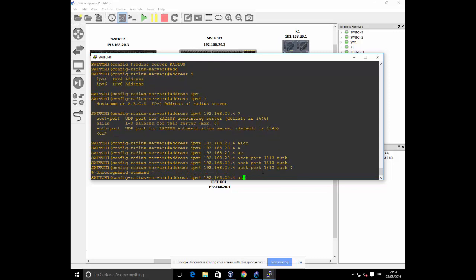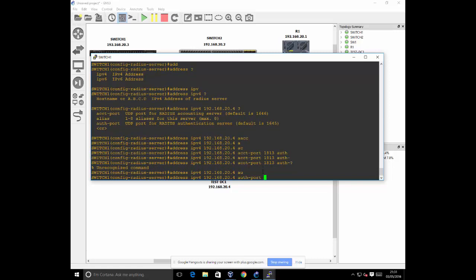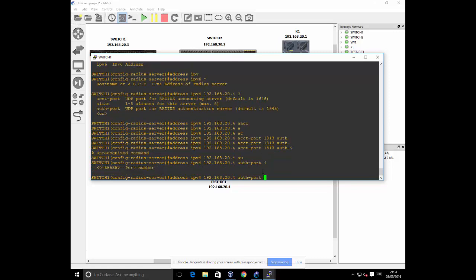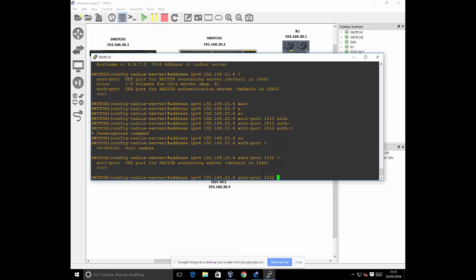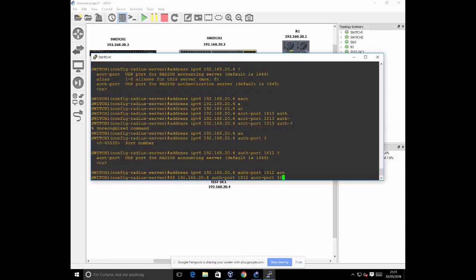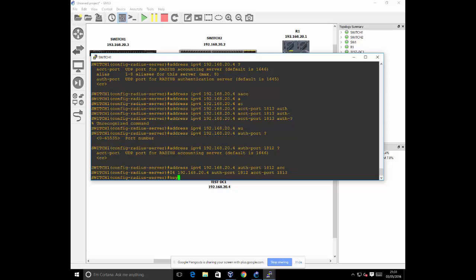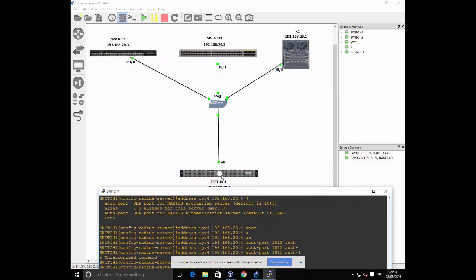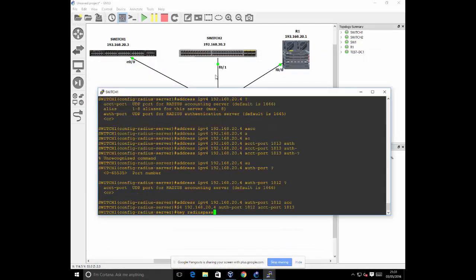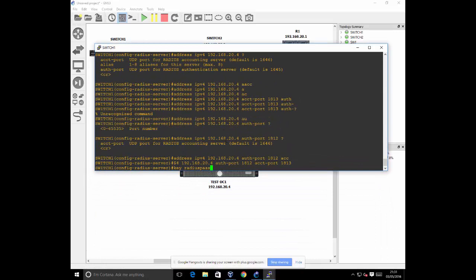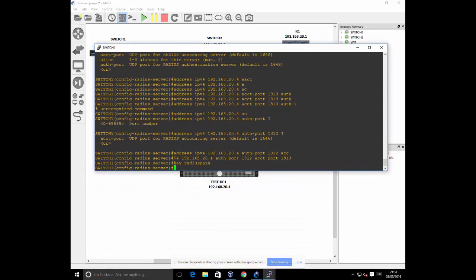Oh, actually, can I go to 18.12? Yep, counting ports 18.13. And then I'll just set a key, and I'll call the key radius pass. So this is the key that will be used for the encryption for the communication between the radius server and the device. So set a key to radius pass, and I'll show you where we'll set this also